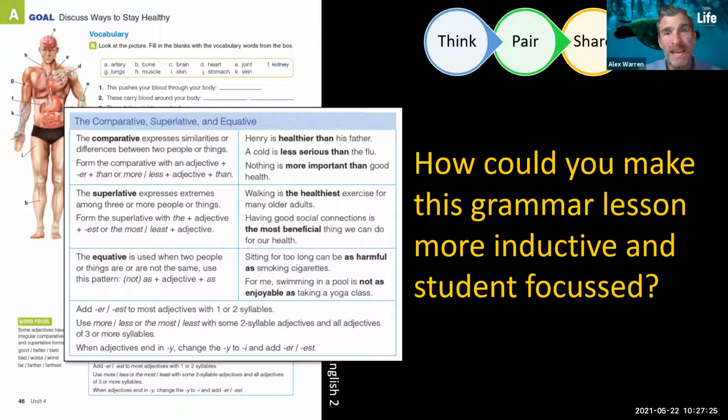Give written examples, exactly. Lots of examples. Try to encourage them to see patterns. Get them to analyze it. So yeah, we still need to give them guided questions, but they have to slowly work out the rules for themselves. That might be the spelling rules. It might be the use of "the" with the superlative, but give lots of examples, give them time to work it out for themselves, to analyze, because students are smart. They have an ability to analyze and reason to come up with an answer. They don't just have to be told.